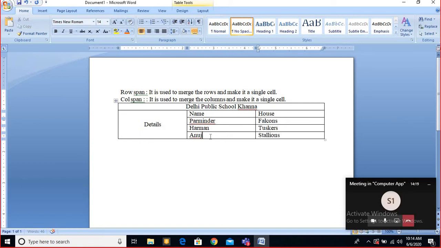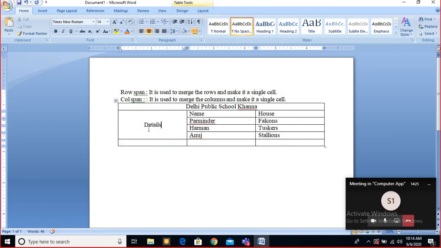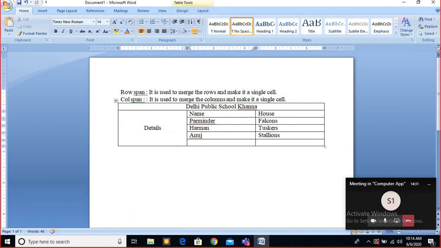One more row I am going to add here, inside row below. So in that way again we have to merge this, because again we are doing this. So now the last one is Kamal, that is Panthers.